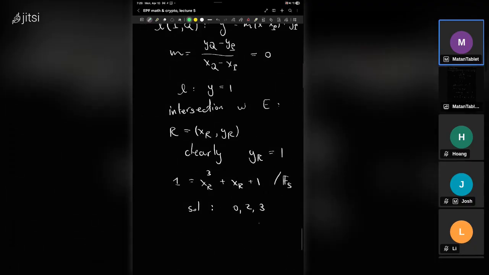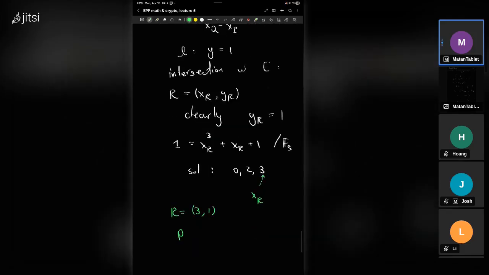So the x-coordinate has to be the third point. So R is equal to (3, 1), and P plus Q